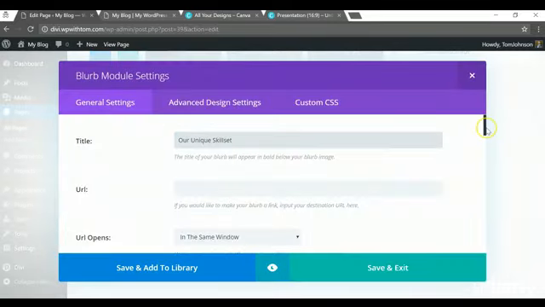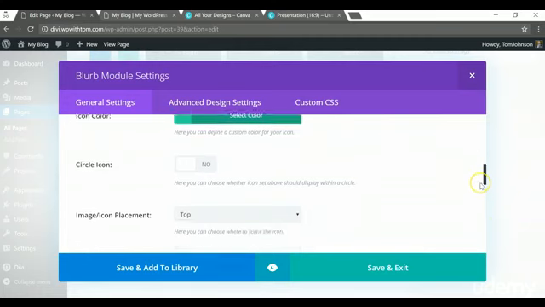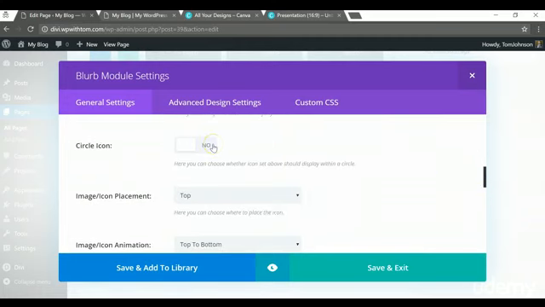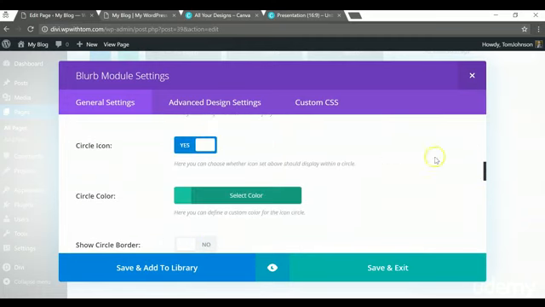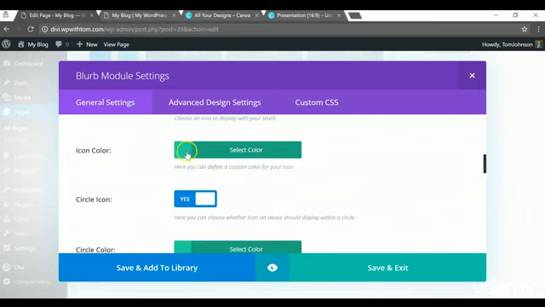I'll go back. Sorry about that. I didn't mean to save it entirely. And I'll go back here, scroll down, and then I'll click circle icon this time. And I'm going to use the circle icon, but I also want to change the text color, the icon color